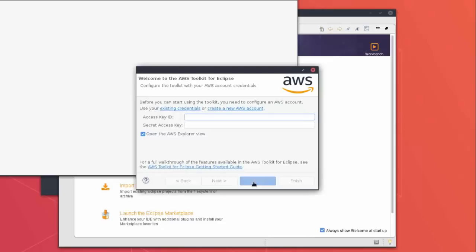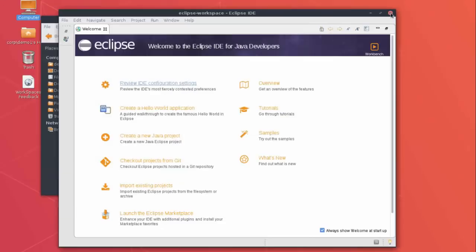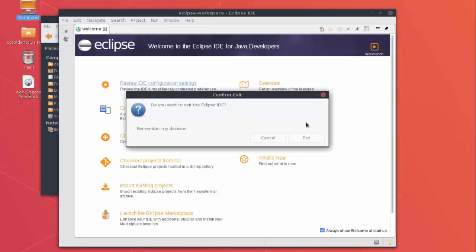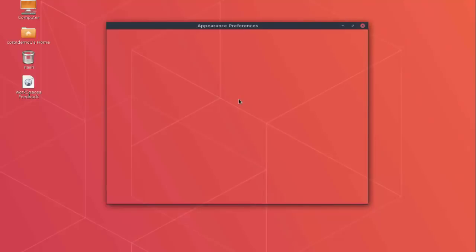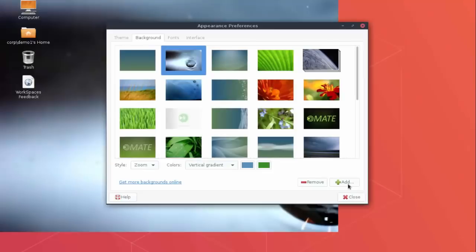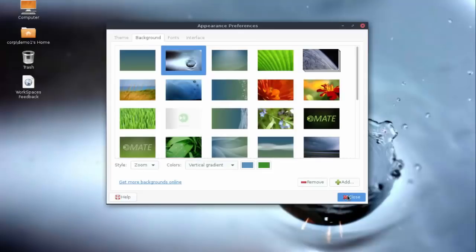So now in this step, basically what we did in this image is that we modified the Eclipse, we modified the AWS Toolkit, we installed both these artifacts. So this image is not your base image anymore. Now we're going to see how we can create a customized image from it. And just for fun, we will change the background so we know that this is a different image. So now I'm going to disconnect from this workspace,